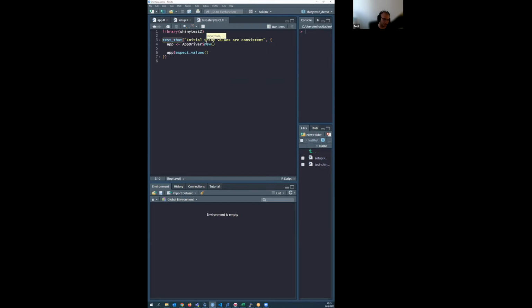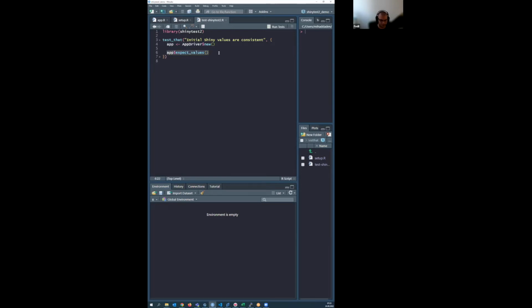I don't know if you have used testthat, but it's the main package used to test code in R. It's called testthat, and it has a function also called test_that, and you can put your test inside. The first parameter will be the description of the test, and then your test here. Great. So now what I can do,